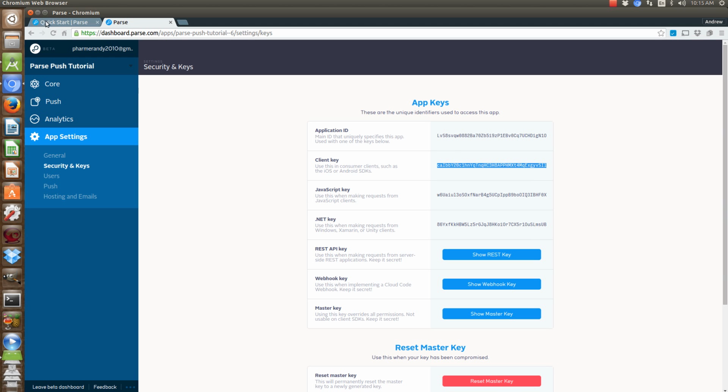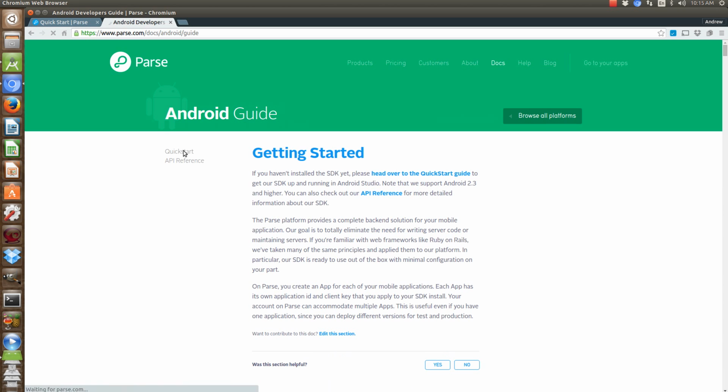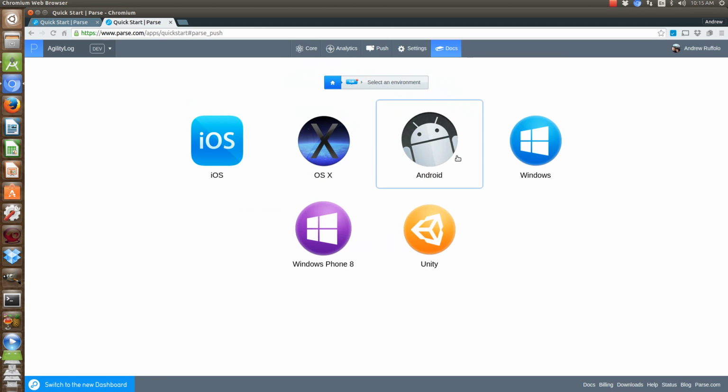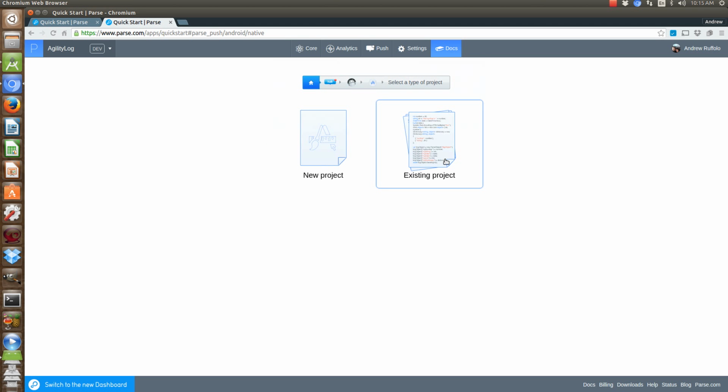we're going to actually use the quick start page for Parse on how to get this up and running really quickly. But to find that, if you're on the new beta dashboard, if you click the little three dots on the bottom and select Docs, you can go to Guide for Android, Quick Start, Push, and then when you select that, it'll pull up how to set up on Android with a native application. We would want to select existing project because you've already created the app in Parse and you've already started